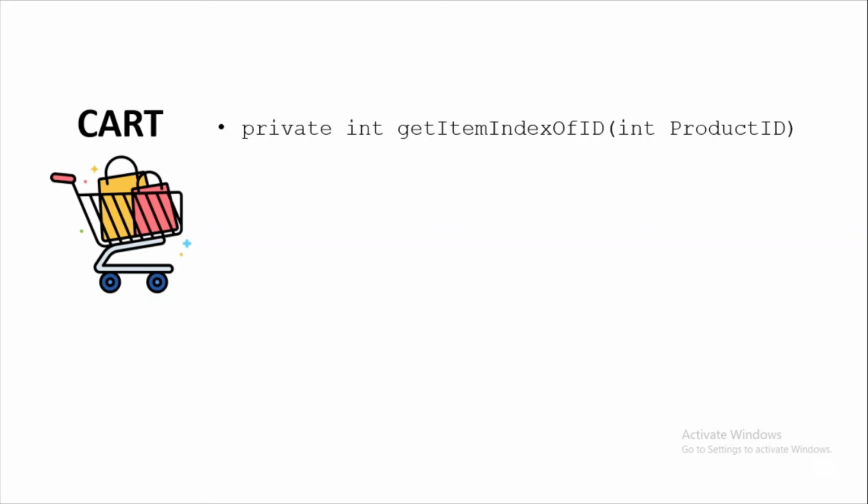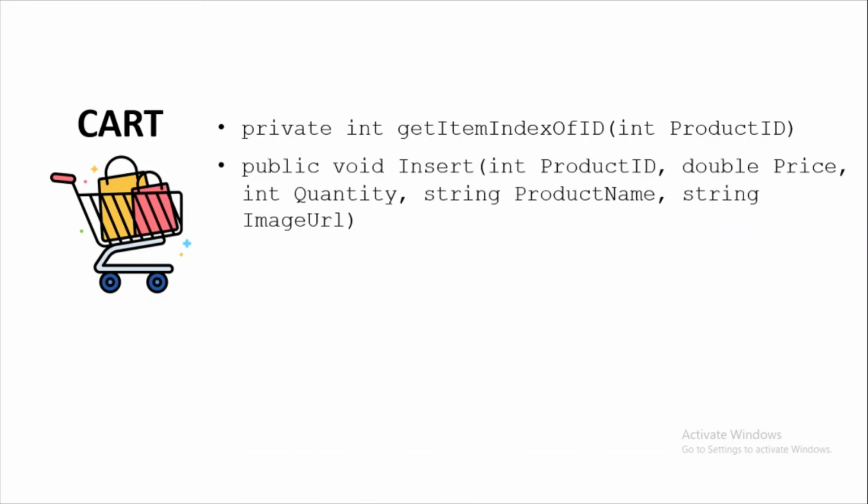So for that reason we need to find the item index of ID. This function will return an integer. We pass the product ID and figure out whether the item has already been added in the cart. If it is added, get me the index of it; if not, we'll add it. So we have the insert function accordingly. While inserting a cart item inside the cart, we have to pass product ID, double price, int quantity, string product name, and the image URL. And then